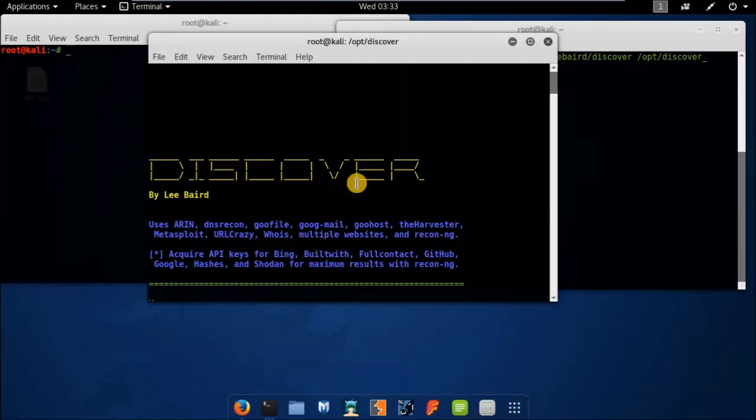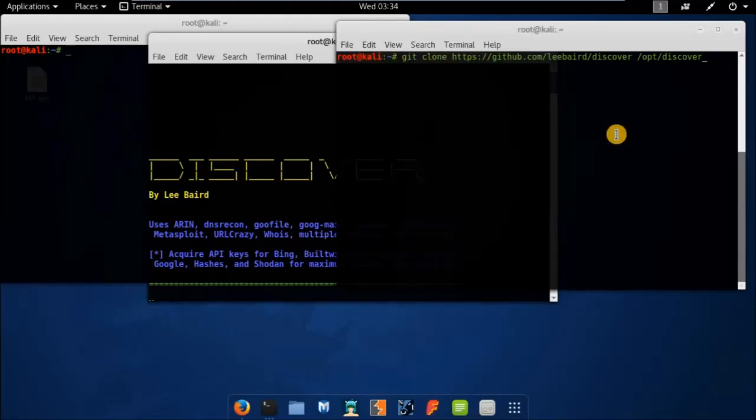engagement. So before going deeply into this tool, how to use it and what the benefit of using it is, you need to install this on your Kali Linux, because Kali Linux does not have these tools pre-installed. It was earlier installed, but from the rolling edition of 2016 it is not installed and pre-configured. So first of all, you need to clone it from the GitHub repositories by typing the command git clone and the URL of github.com from Lee Baird and the DiscoverScript, and the directory will be opt and discover. Because I have already installed it on my Kali Linux computer, I will skip this section